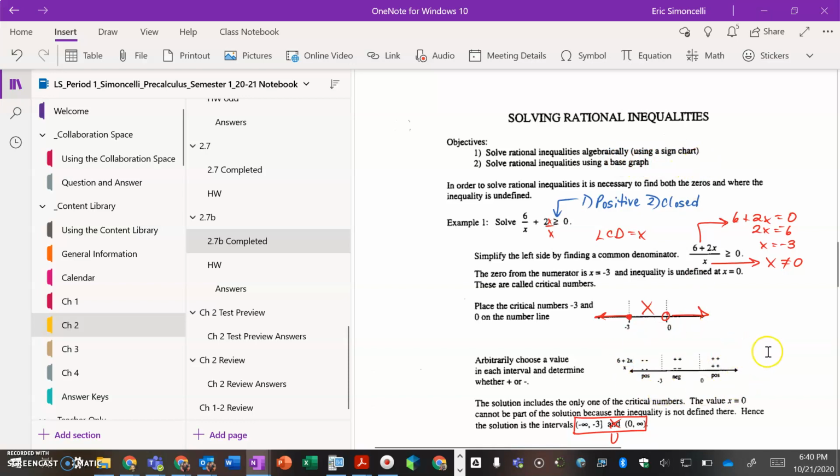I haven't used them a ton because, frankly, you can use your number line and make the assessment by plugging in numbers as we've seen in the past, left and right of your critical values. Solve rational inequalities using a base graph. In order to solve rational inequalities, it is necessary to find both the zeros and where the inequality is undefined, as I've already described. So for this first example, it says solve 6 over x plus 2 greater than or